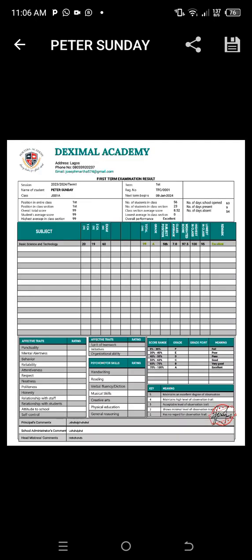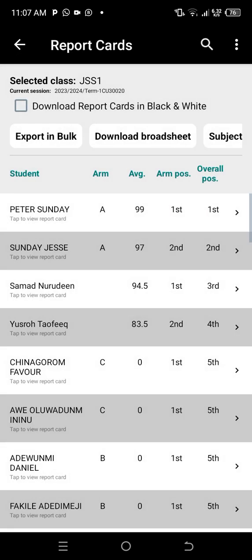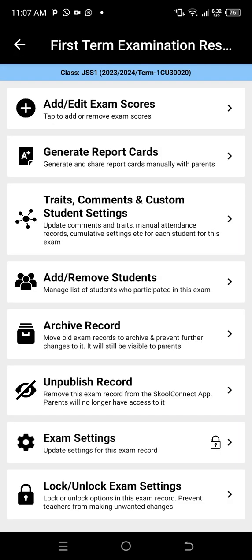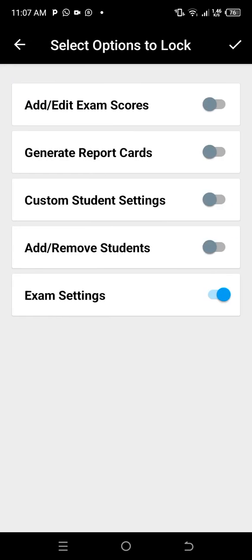Now you can decide to share it to yourself or share it to a parent on WhatsApp as a teacher, right? Now as a school admin, you want to disable this access so teachers will not have the access to generate reports cards, right? What do you do? You click lock and unlock exam settings. You tap this and then you turn on this button for generate report cards. Once you turn on this button, you save